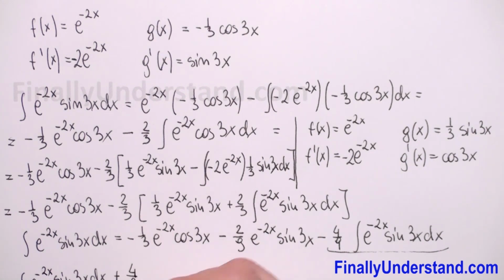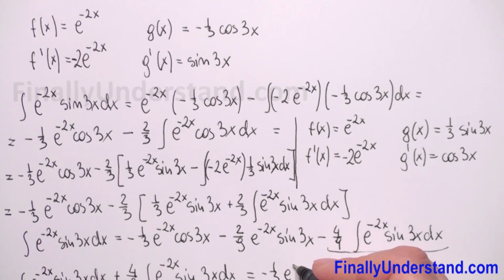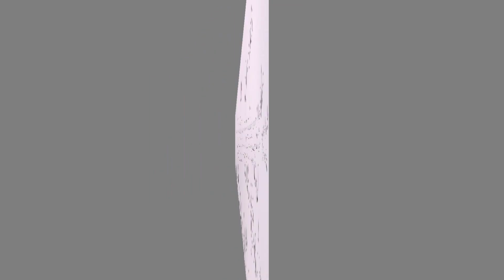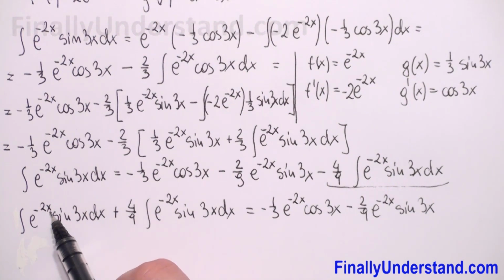4/9 integral of e to the power negative 2x sine 3x dx. This is equal to what is left: negative 1/3 e to the power negative 2x cosine 3x minus 2/9 e to the power negative 2x sine of 3x. We have here the integral of e to the power negative 2x sine 3x. We have the same